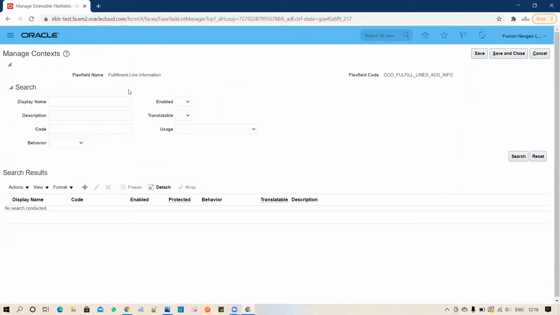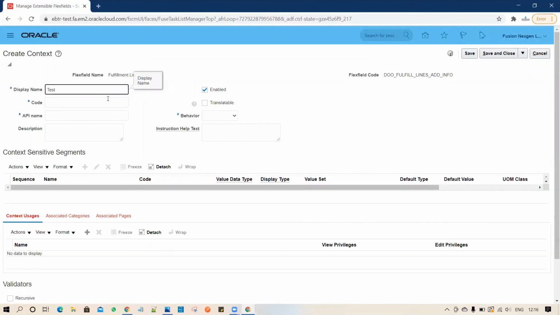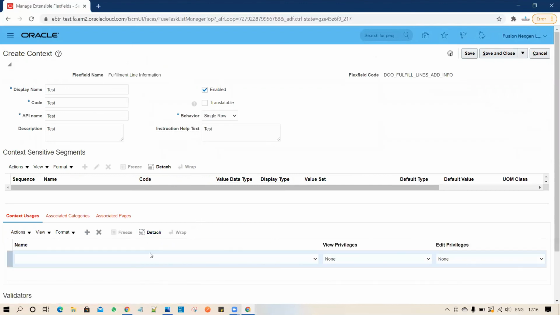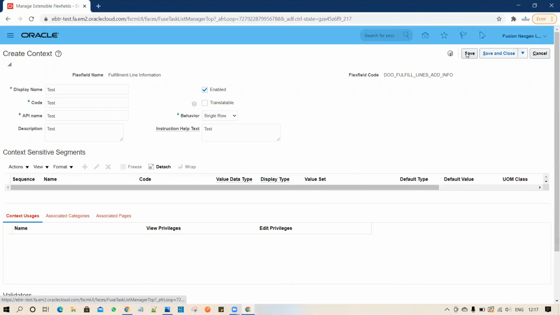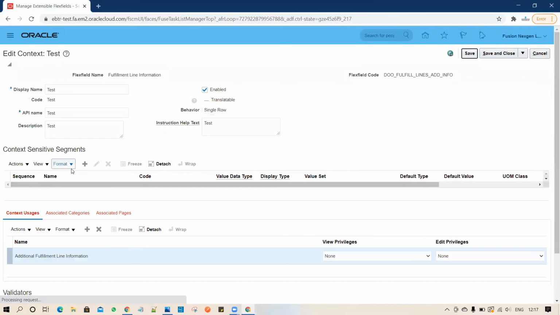So we'll create one context, and then we'll enter the description. Same way you have to click on single row, you have to click on test, and then you have to associate what is the uses. So it's for the additional information at the line level. Click on save. Once you save it, to add the segment,